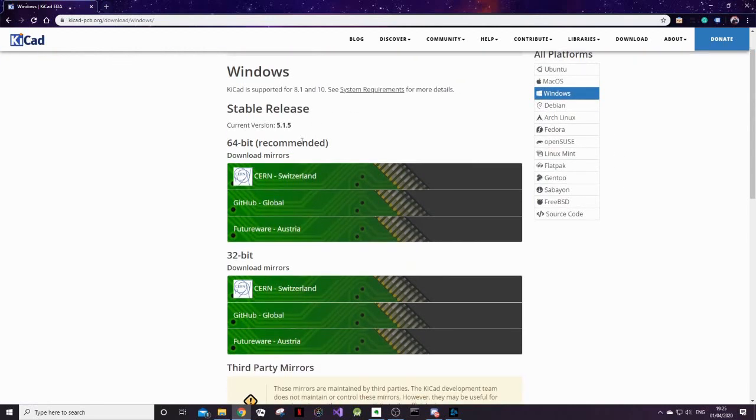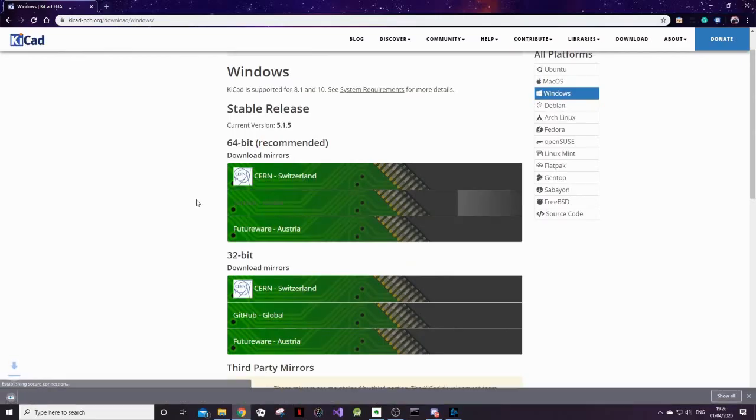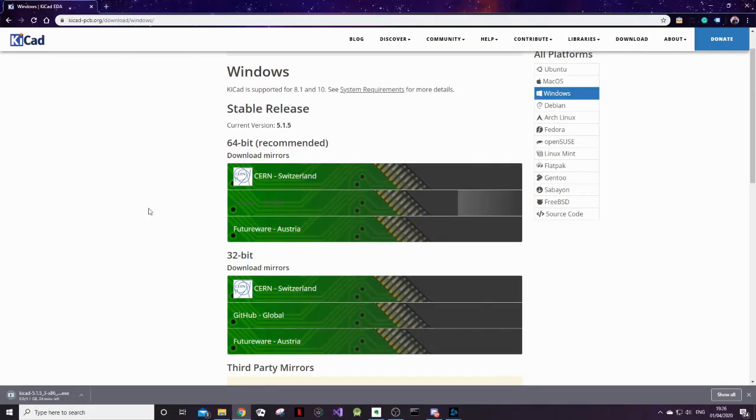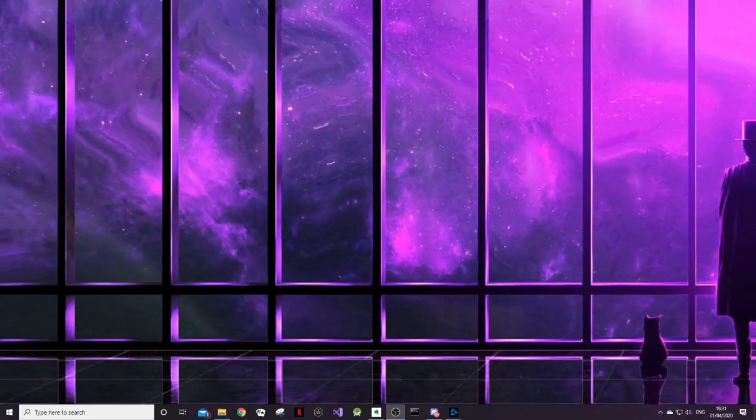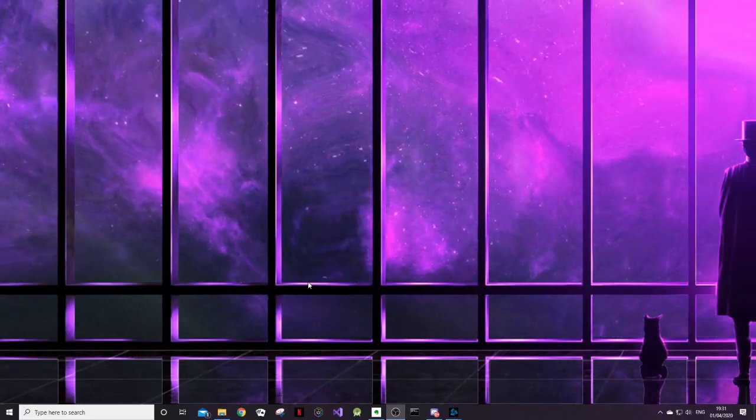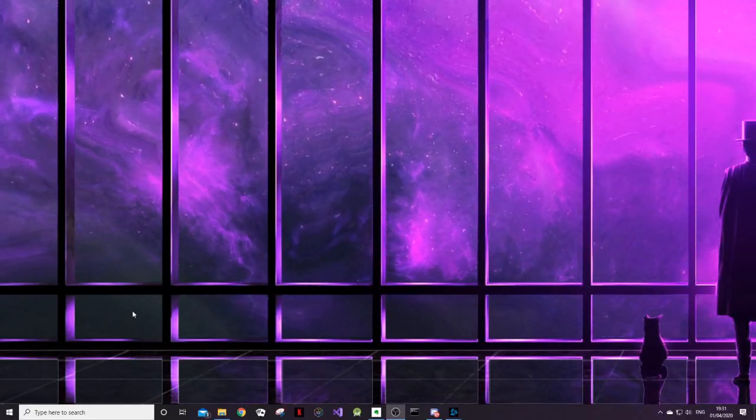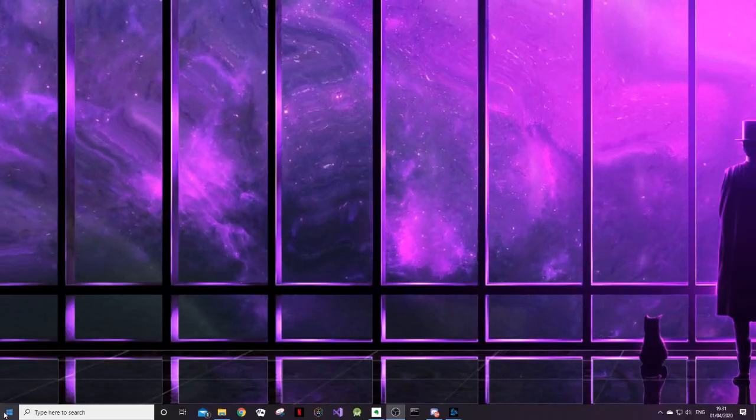And my operating system is 64-bit, so I'm going to choose the GitHub Global download for the 64-bit, and it'll take a while to download. I see it's 1.1 gigs, so let's be patient. So once Kicad has eventually finished downloading, you can install it like any other program. Once it's installed,